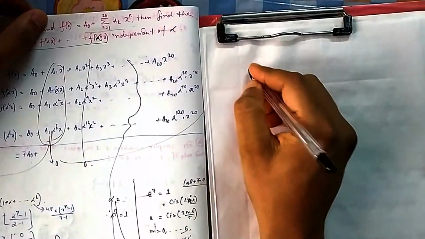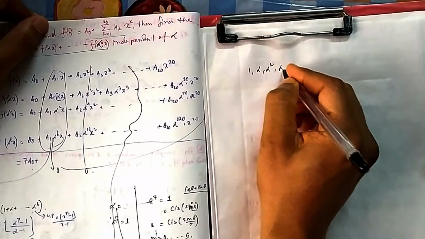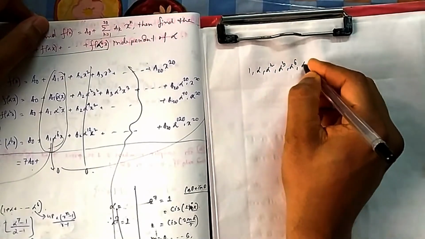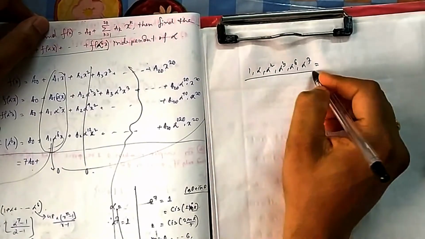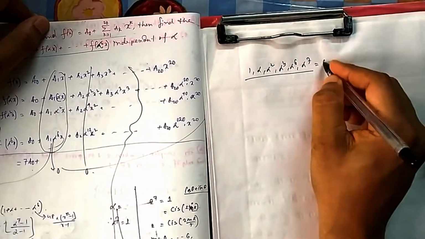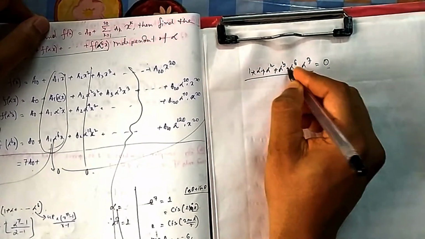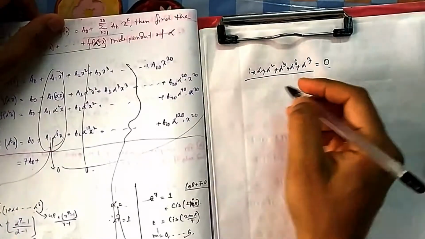You have seen for nth roots of unity, if one root is alpha, then the rest will be alpha square, alpha cube, up to alpha 6. You take any one alpha, then the rest will be its powers. And the sum of the roots is always 0. This one you have seen. So you can think of it in this way.